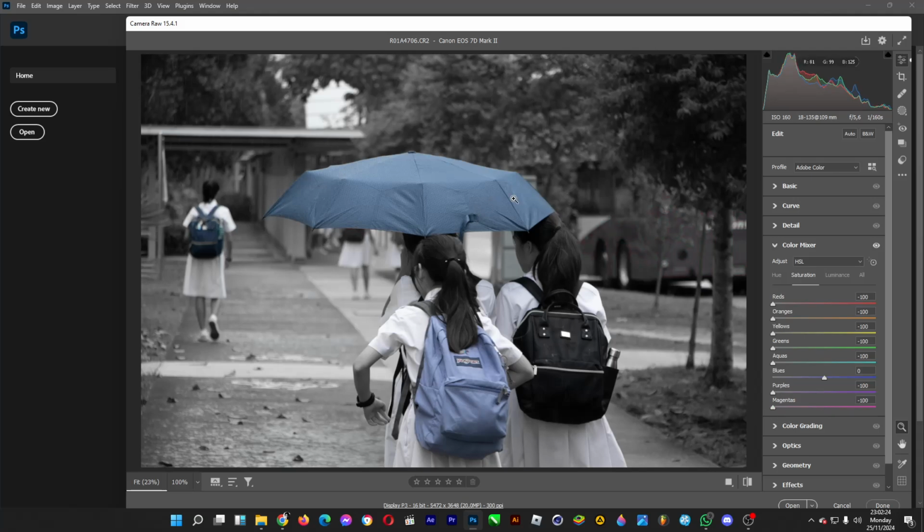If you want to make the green color pop, you simply drag the slider so that each color turns into black and white. All good. And then the oranges as well. Yeah, look. The green color pops in this black and white image, but I like to highlight the color of